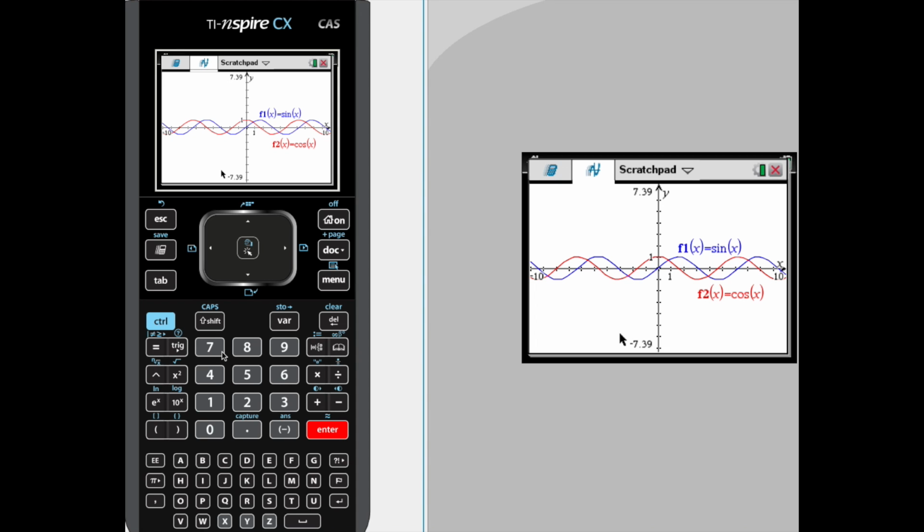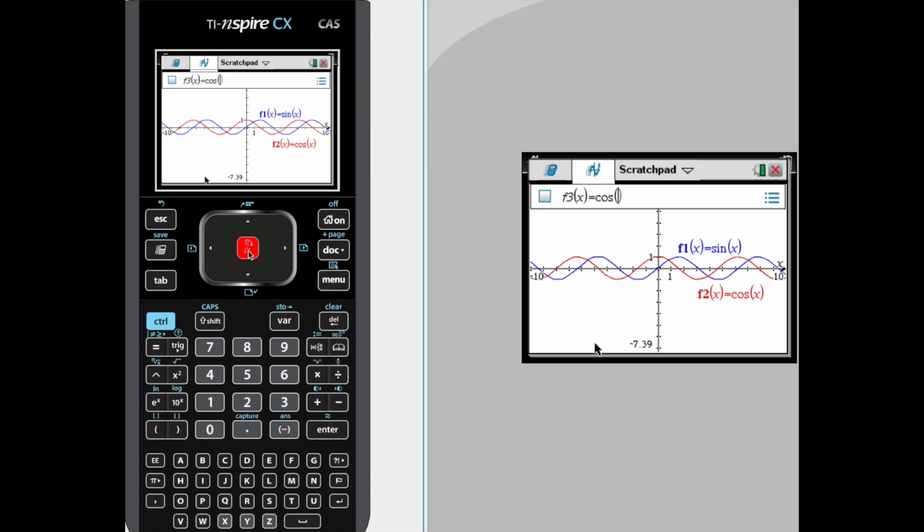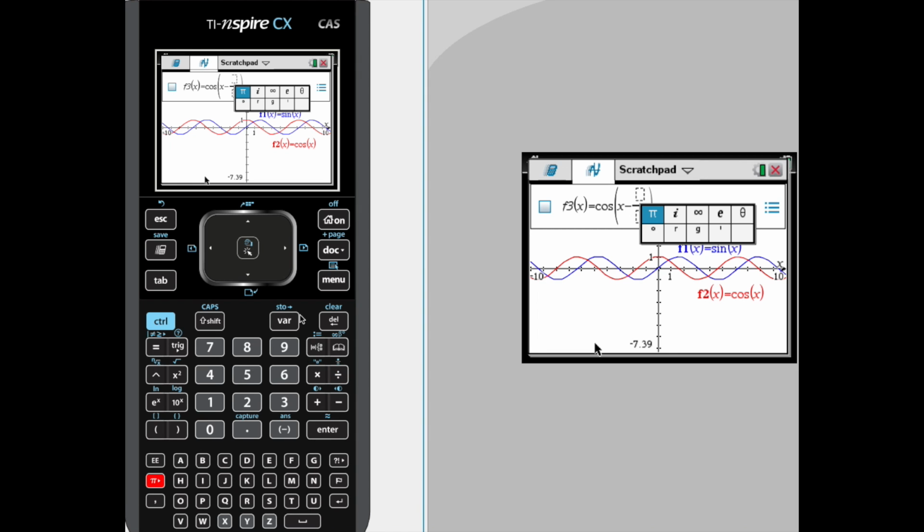And now what we're going to do is type in the cosine. So again, tab, open up that entry window, and this time I'll show you with the cursor here. Cosine, oh, well, we don't need to type it in that way. We can just go to trig, cosine, put in x minus, hit the control division button and set up a fraction. We're going to put in pi over 2.